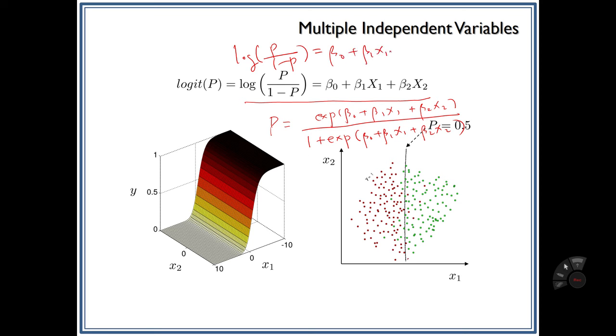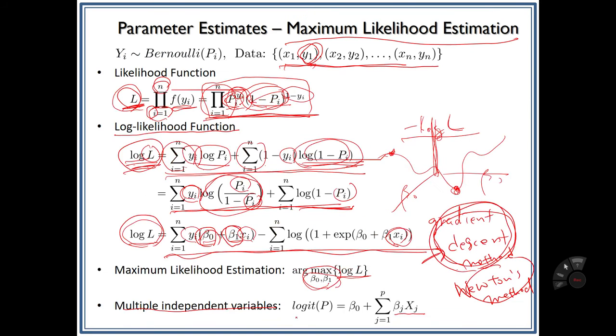Beta 1 x1 plus dot dot dot plus beta p xp. Okay, this formula is that. And from the data set, from the training set, once we find